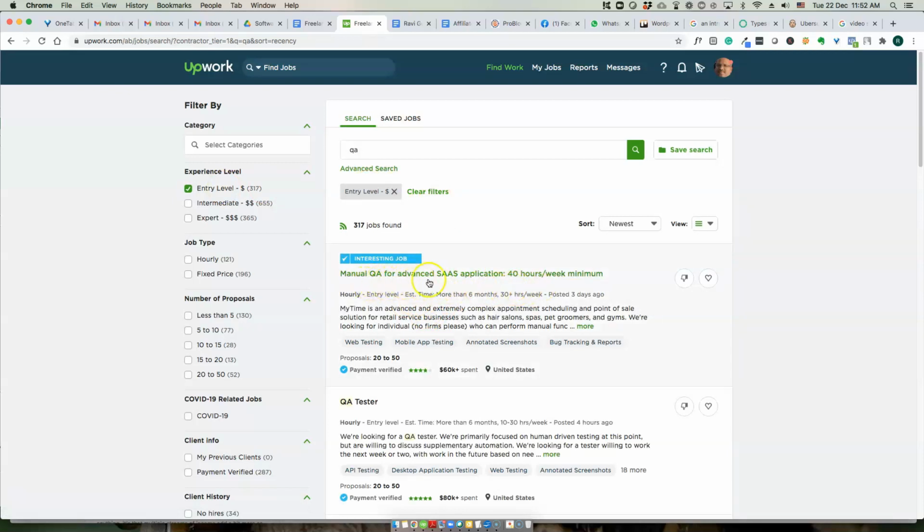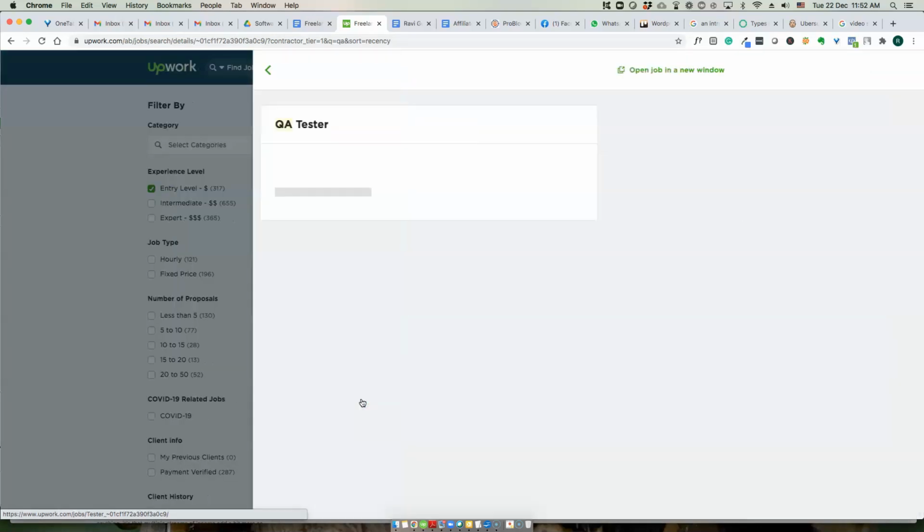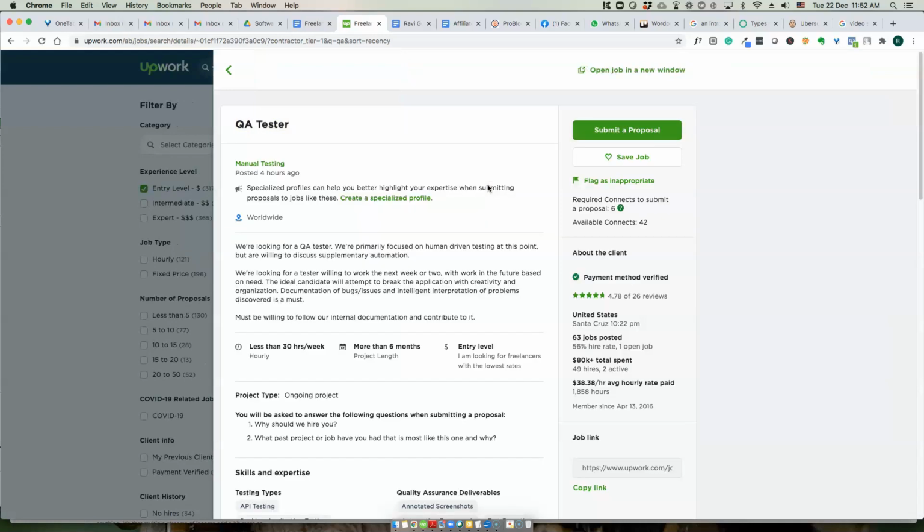So here is a manual QA for advanced SaaS application, or QA tester. Let's look at this QA tester. So they are looking for entry level. We are looking for a QA tester primarily focused on human-driven testing at this point. But this is like manual testing. We are looking for a tester willing to work for the next week or two on the features needed. So this probably